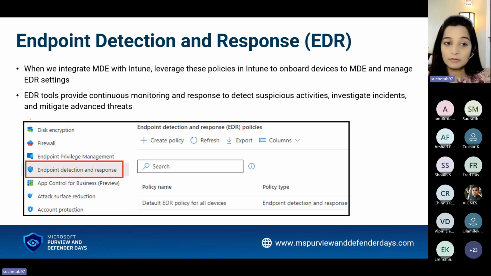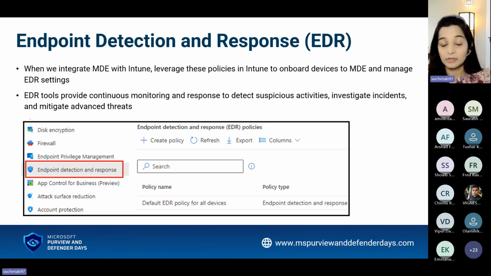The Defender portal also offers settings and controls for device onboarding. There are a few supported onboarding methods such as group policy and scripts, but we can also deploy onboarding policies through Intune to configure and manage devices. Upon onboarding devices to MDE, that is to the Defender portal, we can start to use threat data from those devices. We can take advantage of the EDR capabilities of MDE, which provide advanced attack detections that are near real